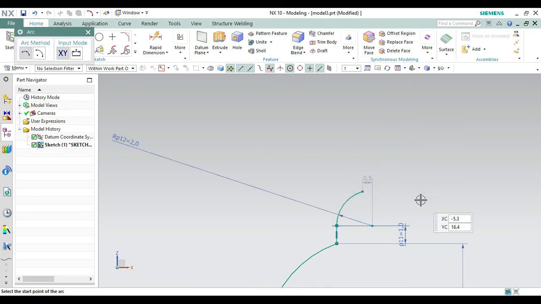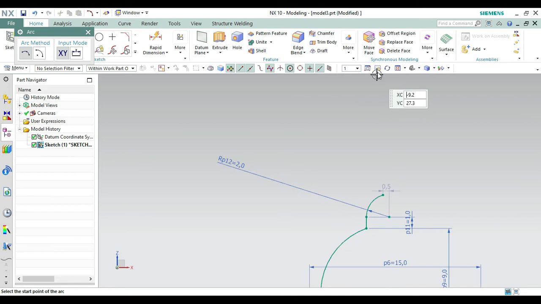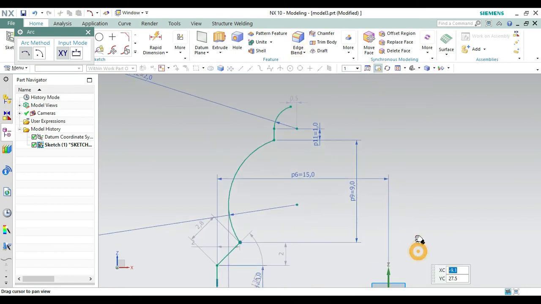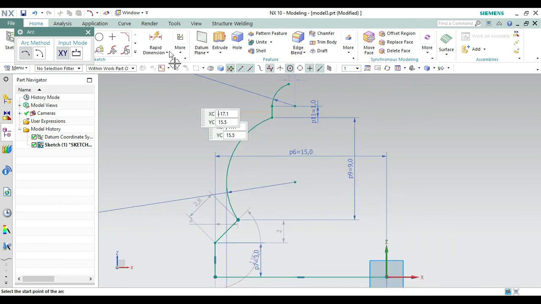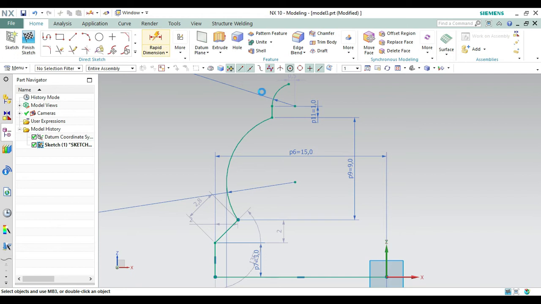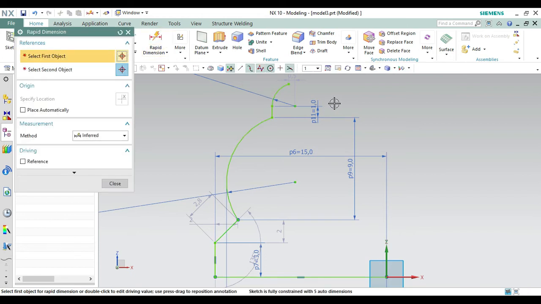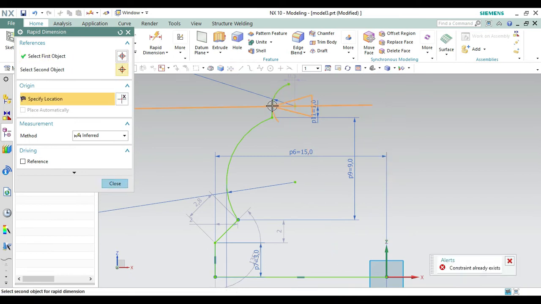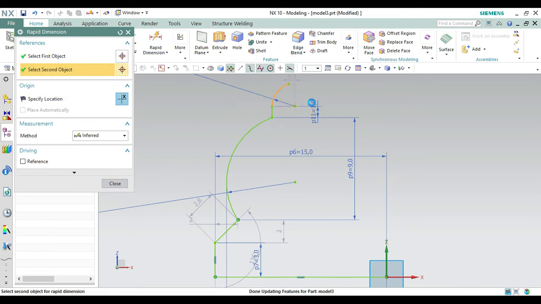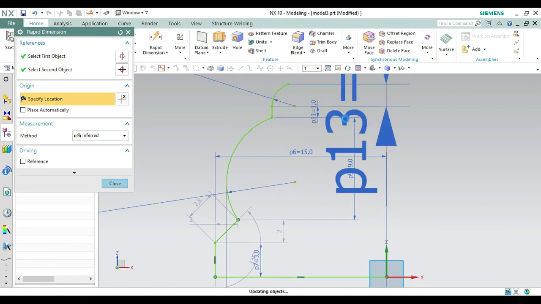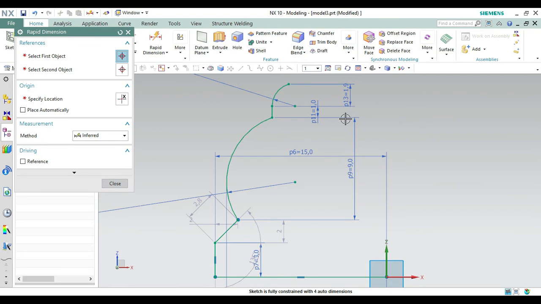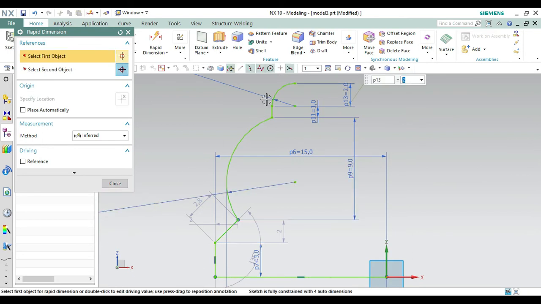Okay, now what we have to do is to again move it, because we have to do the rapid dimensioning. So from here go to rapid dimensioning first. Now what we have to do is to make this distance from here to ending point of this distance be 2. How much is it? Let's check it. It is 1.9, so we have to just make it only 0.1. You can make the editing by yourself.